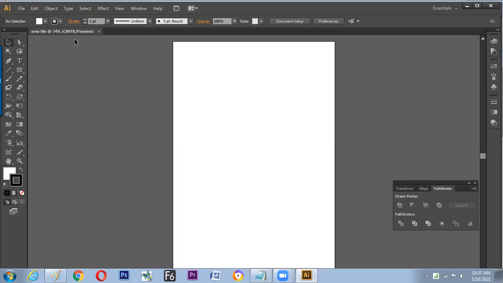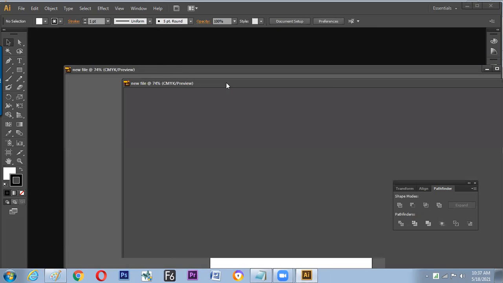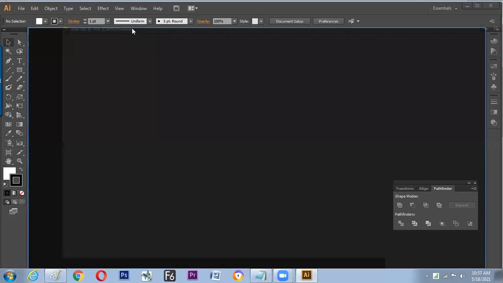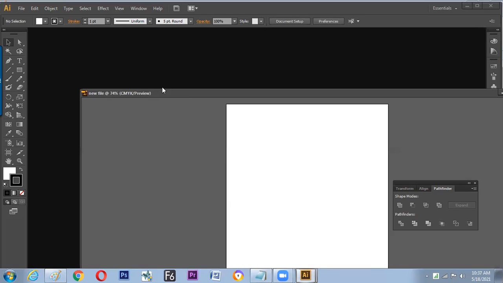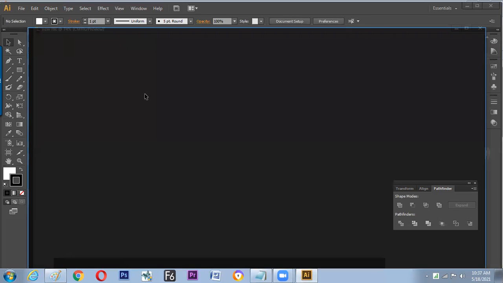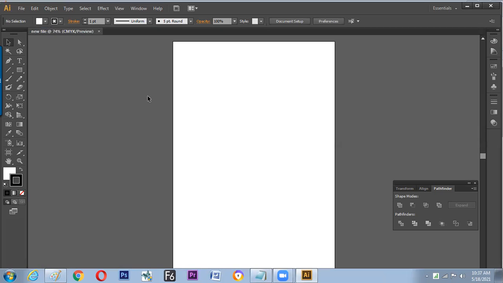Next, two things we can do to the document. On the top corner, we can drag like this to detach it. Again, if we wish, we can attach it back. So now we have understood how to detach the document from the workspace and how to attach it to the workspace. Is it clear? Detaching, attaching, finding the name, the percentage level, and the color mode, all these things are clear.